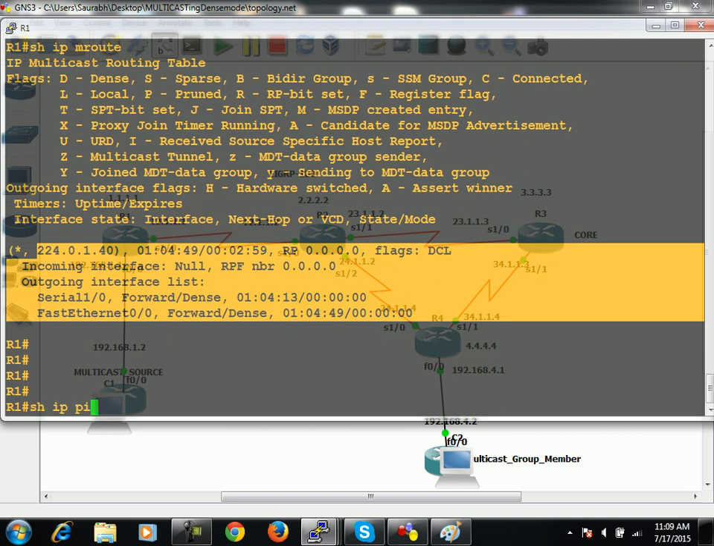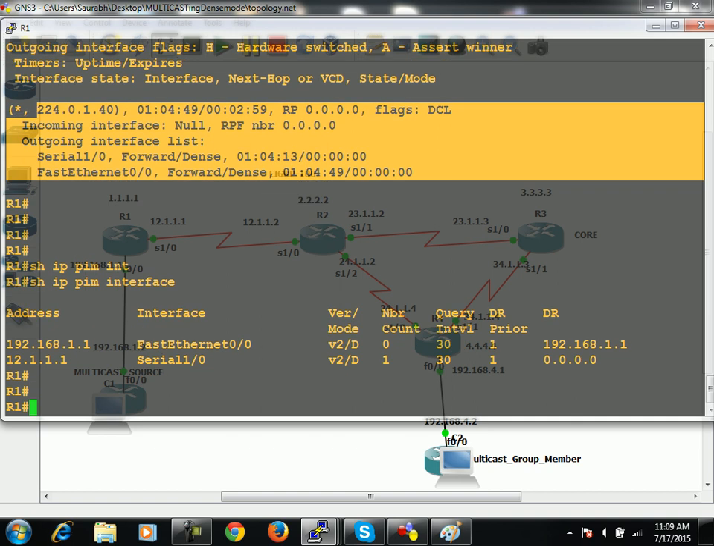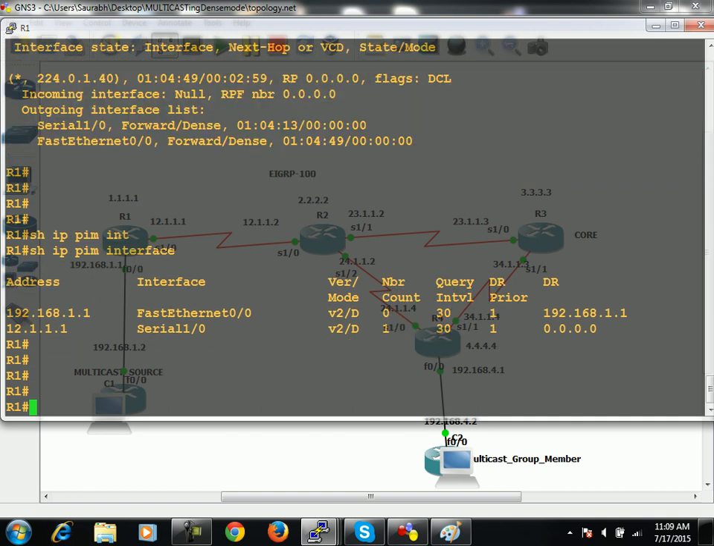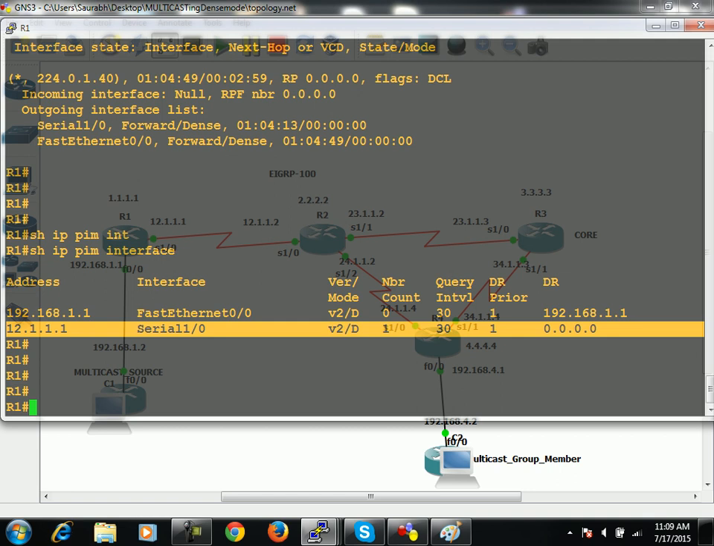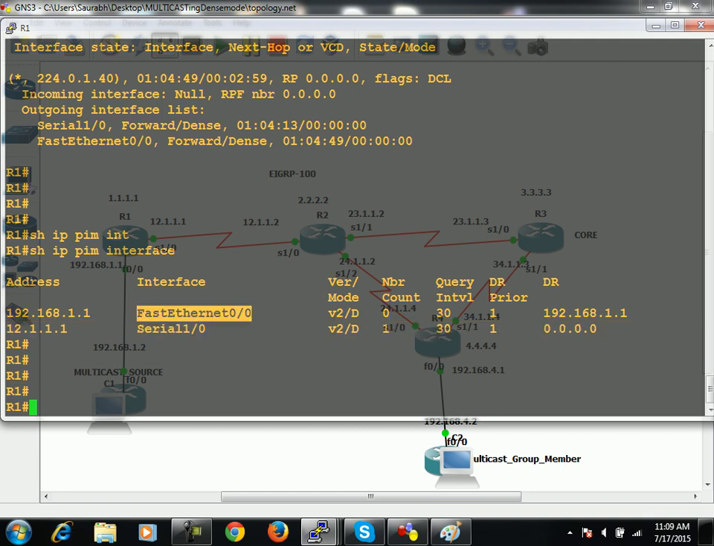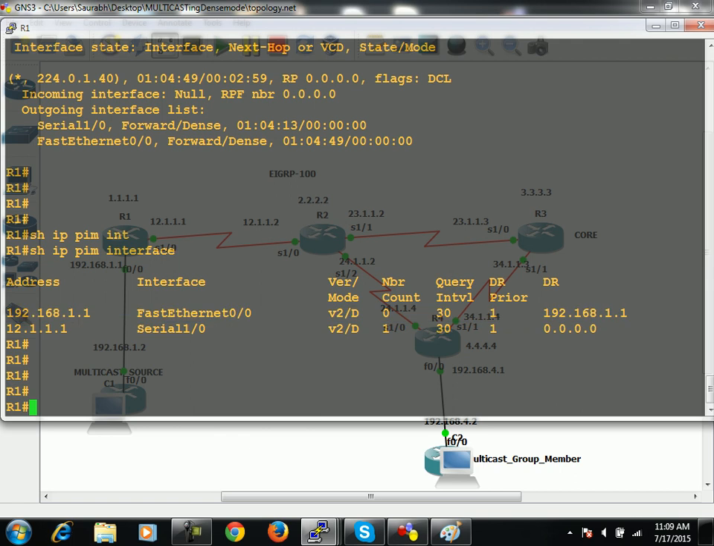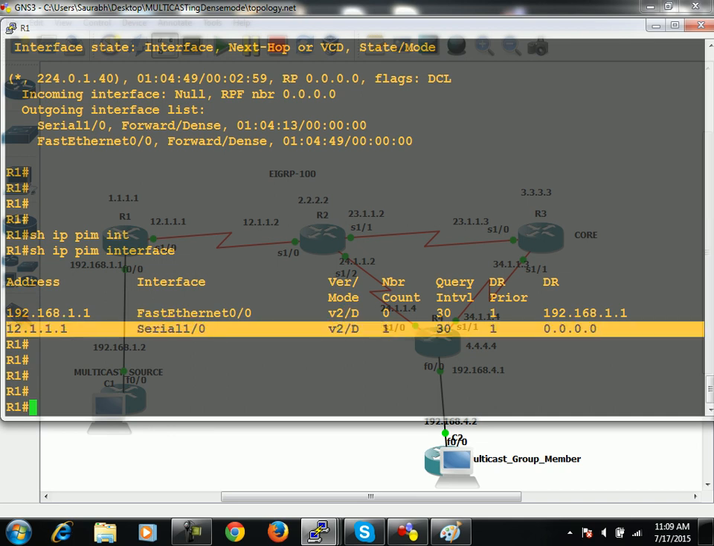Show IP PIM interfaces. It will show you on which interfaces PIM is enabled. So this time it is enabled on S1/0 as well as FA0/0. See which mode is enabled. PIM version 2 is running, and dense mode. D means dense mode. Neighbor count on serial 1/0 we have one neighbor, whereas on FA0/0